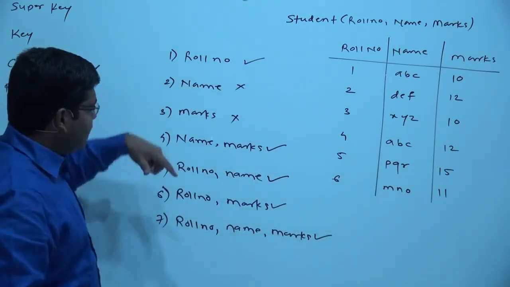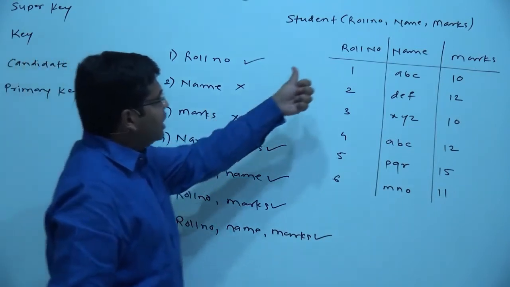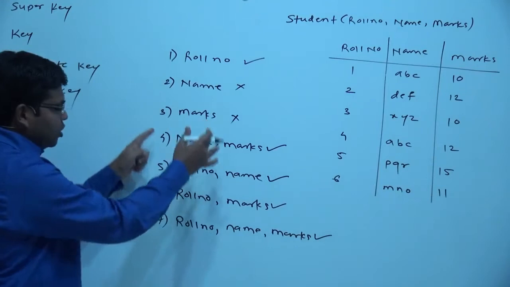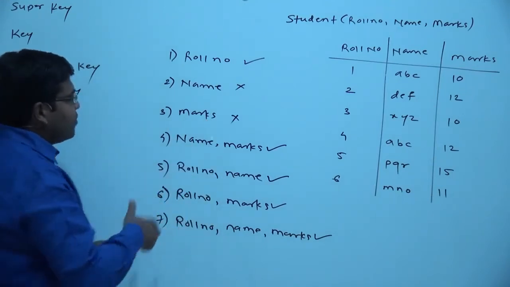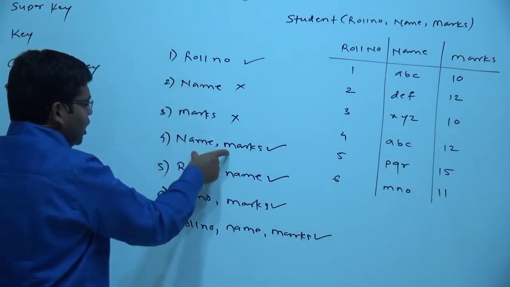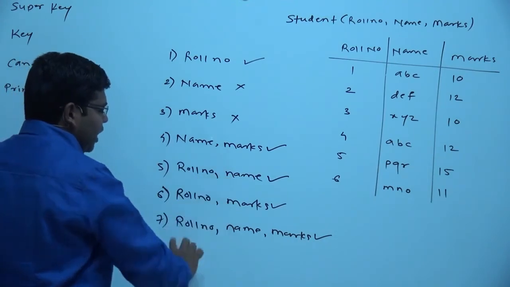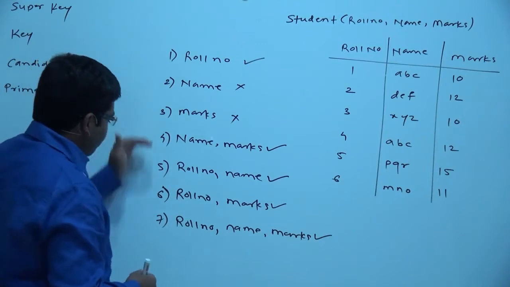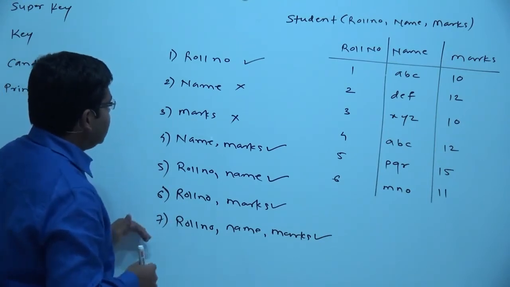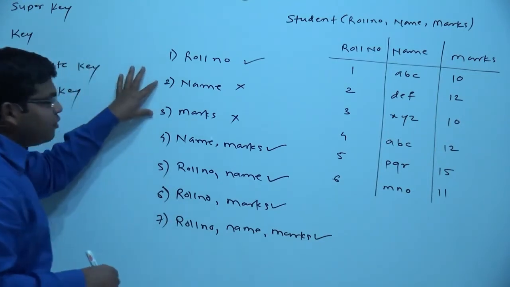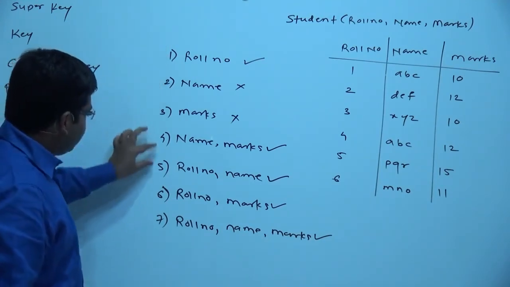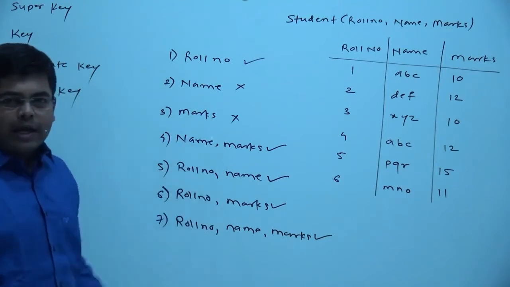So what I will say, whenever we have got three columns, these many combinations of attributes are possible, like A alone, B alone, C alone, AB, AC, BC, and then all the three attributes considered together, ABC. So out of the 7 combinations of columns, we can see that only 2 combinations are there which don't act like keys. It is name alone and marks alone. All the remaining 5 combinations are going to act like keys.